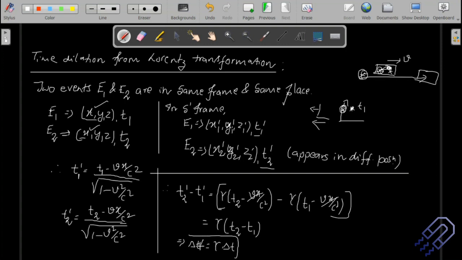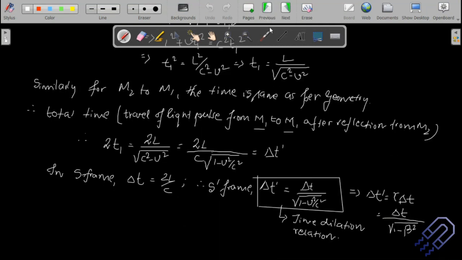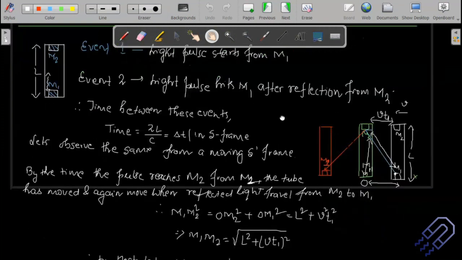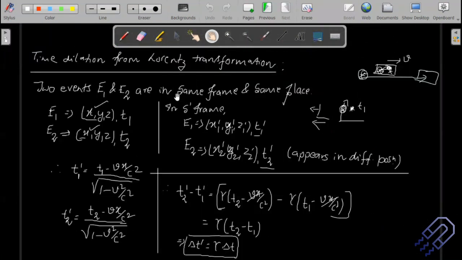But what we understand from here is that we can use Lorentz transformation, but we have to realize the scenario. So even if I don't draw a figure, this thing should be very obvious to me. The example that I've given, the bus example, you can take that logic. For example, whenever I'm asking a question of 4 or 5 marks, the question deserves some respect, and that's why for 4 or 5 marks the answer should be a bit long. So you should always take this thought experiment formula. But if I specifically use Lorentz transformation to show that this is the relation, time dilation, you can do this. But in case I don't mention anything and you do it by Lorentz transformation, still I'll give you marks. I cannot deduct, right? Because that's obvious.